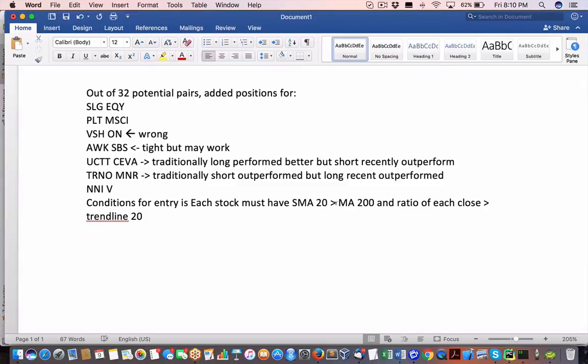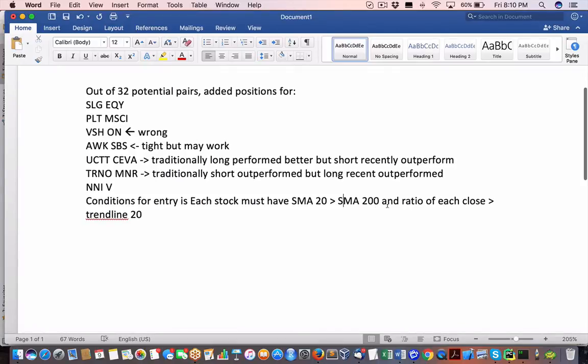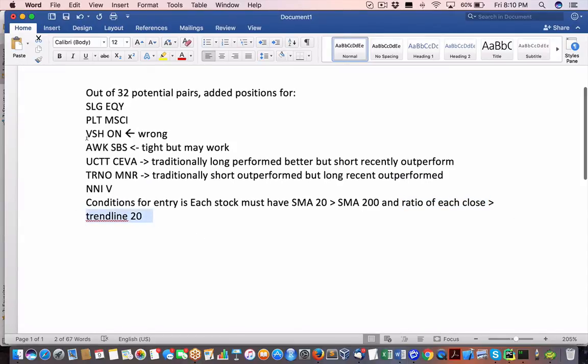So when the short SMA, simple moving average of let's say 20 days, at that point crosses and is greater than the long-term SMA of let's say 200. Both the long and short have to have their SMAs meet this condition, and then there's a ratio of each close of the long and short. That ratio has to be greater than the trend line as well, of 20 for the trend line of this overall ratio. So when all three conditions are met, we get the following 8 positions that would meet requirement for